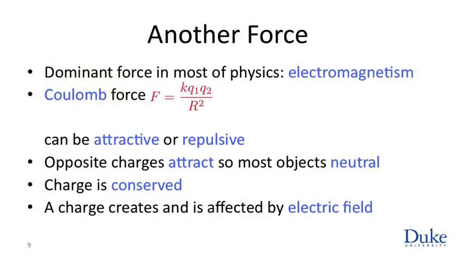We talked about gravitation as the force that dominates astronomy, but in most of our lives, gravitation of the Earth is important, but when we interact with each other or with objects around us, gravitation is completely unimportant. The gravitational force of a human being is negligible compared to the other forces we interact with. The force that turns out to dominate most of physics is electromagnetism, and so we need to understand some things